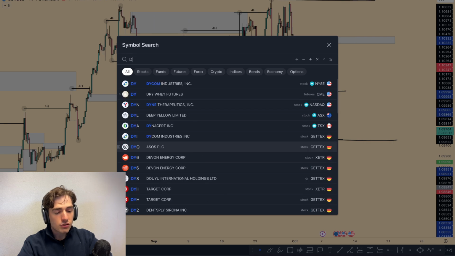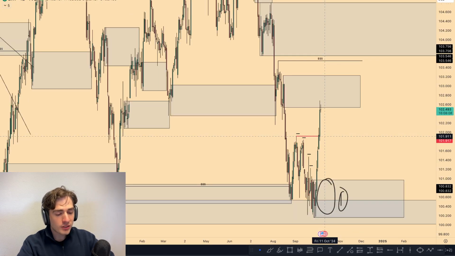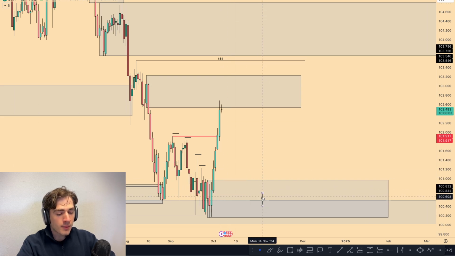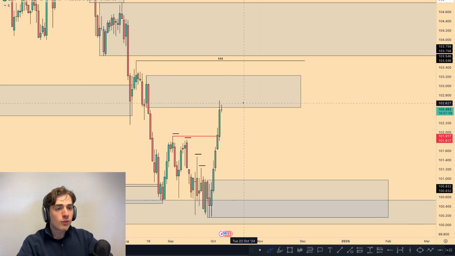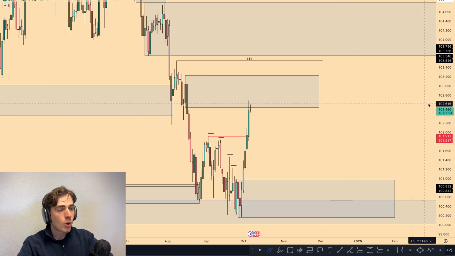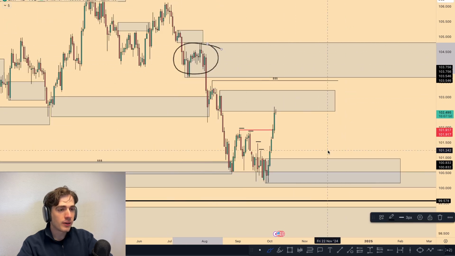So going into the dollar index, does that match with what we're looking for? Well, if we go into the dollar index, we can see that we've hit that area of supply, guys. So with NFP, the market pushed up higher and has now hit our area of supply over here. So obviously the market could push down from here, but it is not a must. What I am more interested in is even this higher area of supply over here.